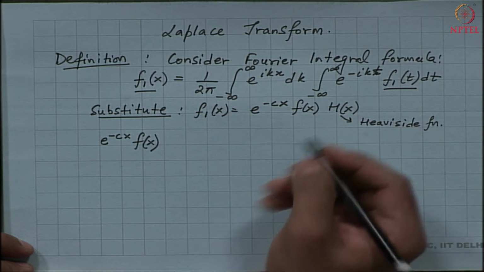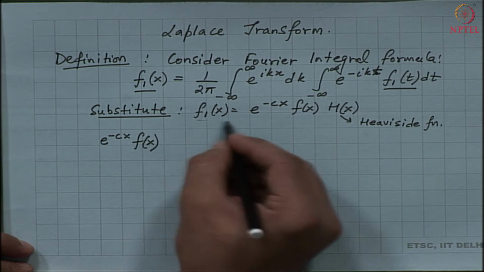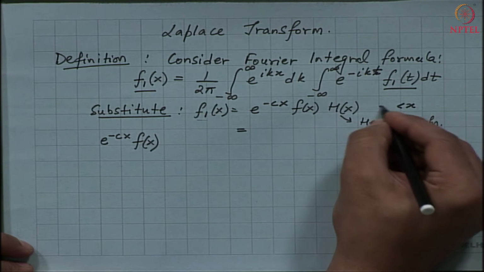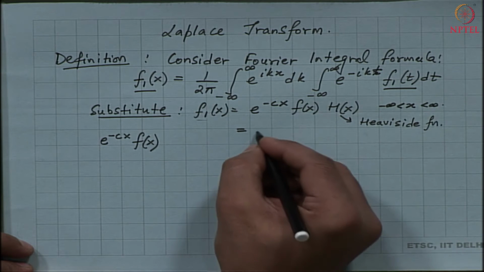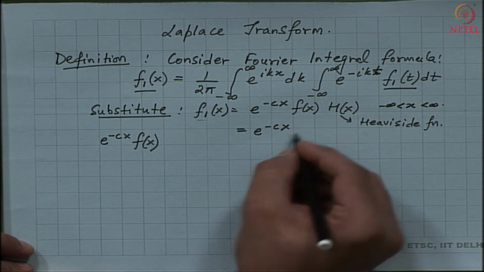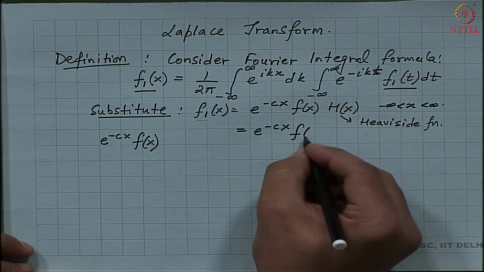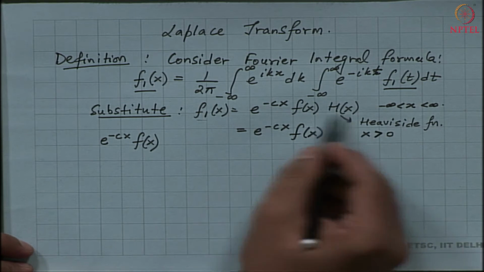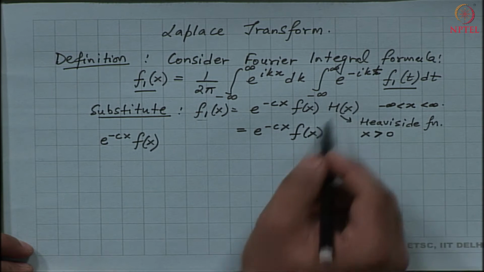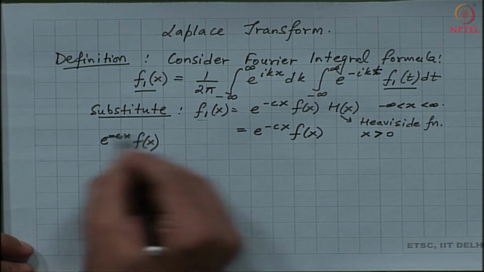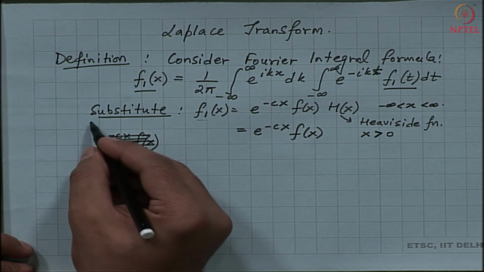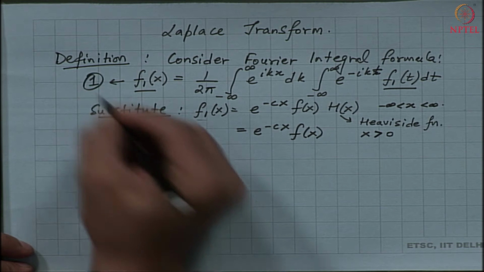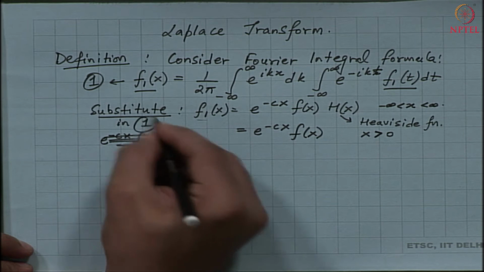well, I can always write this function f1 in terms of the Heaviside function. This is for all x, or this is also equal to e to the power negative c x f of x for x non negative, if I do not want to use the Heaviside function expression. Let us say this is my expression 1. So, substitute in 1,